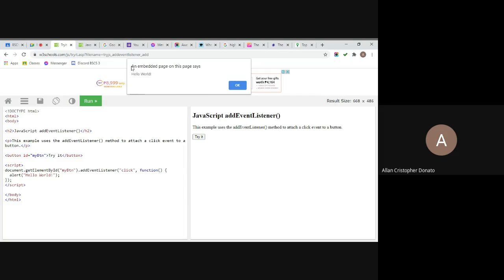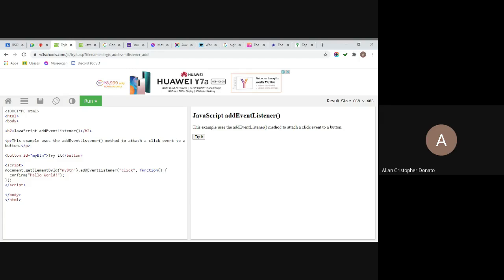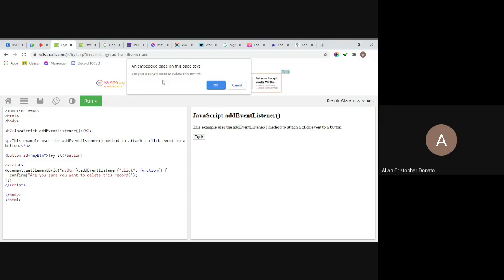So usually they will read what is in here before they click OK. Okay. A confirm box is created using the confirm function. Usually we use it if we want the user to verify something before proceeding. Like for example, are you sure you want to delete this record? So it will show, are you sure you want to delete this record? Okay, now